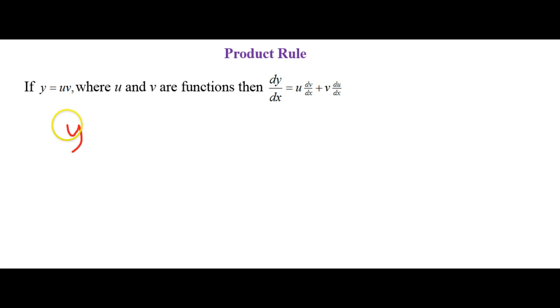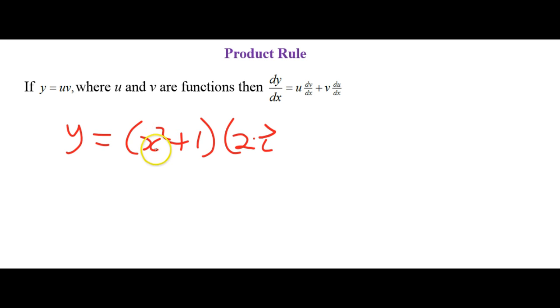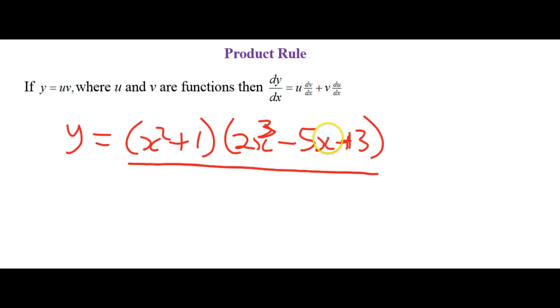If you are given a function like y is equal to, let's say, (x squared plus 1)(2x cubed minus 5x plus 3). Now, functions of this sort, you realize that if you want to use the power rule, you need to expand the whole function before you can differentiate term by term using power rule. And you see, mathematicians always want something simple. And so they deduce this rule called product rule, which will help you to do this without going through the